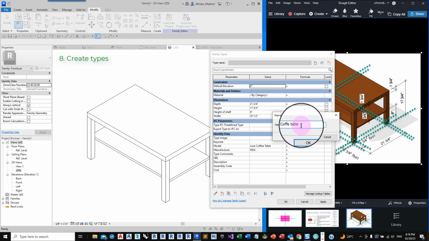The other way is to provide the dimensions of the object.